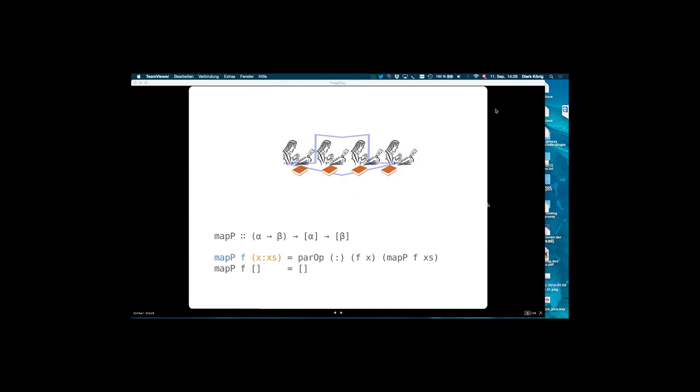expression into the fork join pool of Java. So behind the scenes, it will then use the fork join pool. So it's a task that is created, and par is a function that will take an A and B, and in fact then take A and B and will return AB.